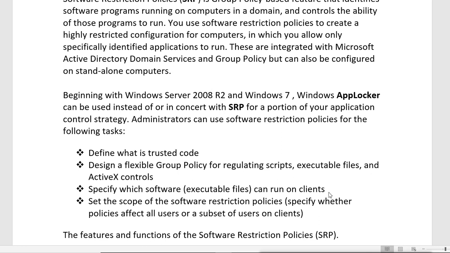Now what we can control here with this software restriction policy or AppLocker, we can define what is trusted code. That means what code of the application is trusted. We can design a flexible group policy for regulating the scripts, executable files and ActiveX controls.